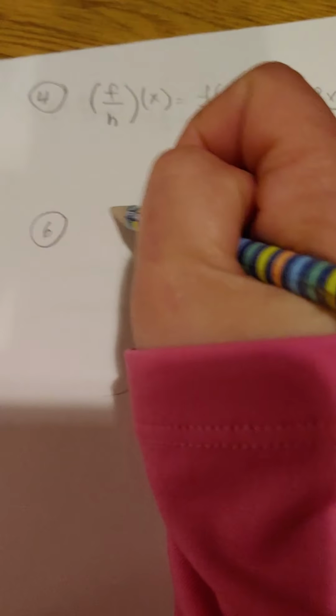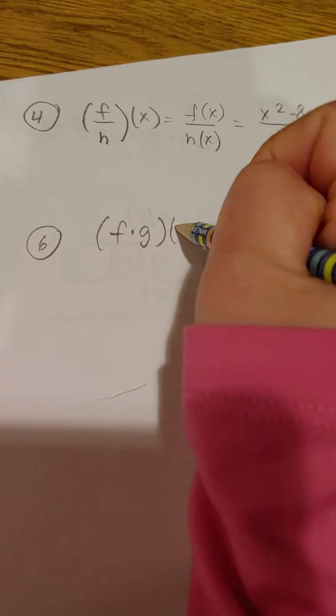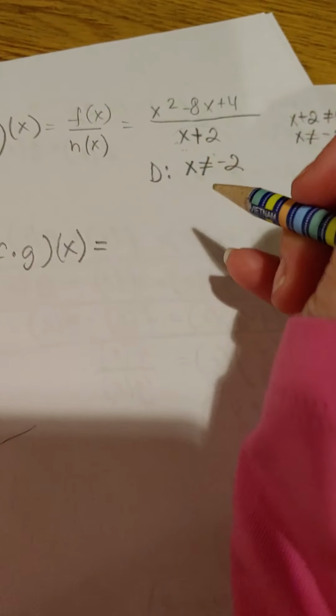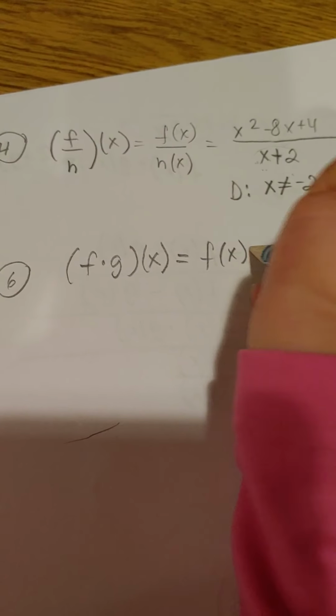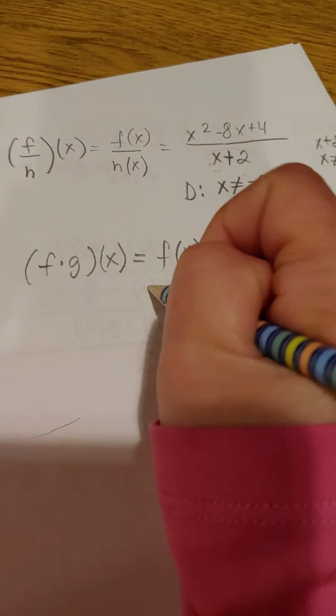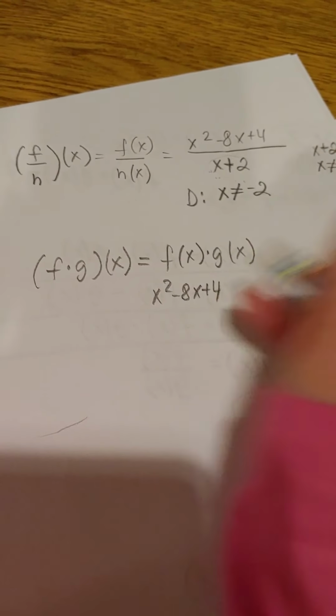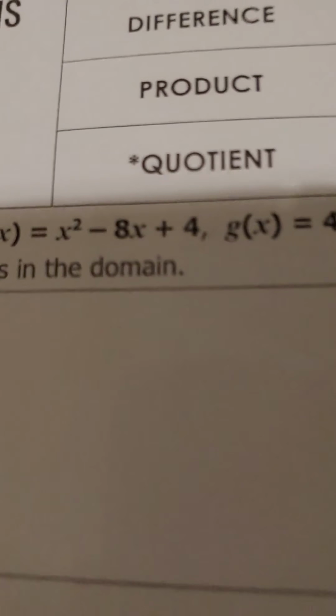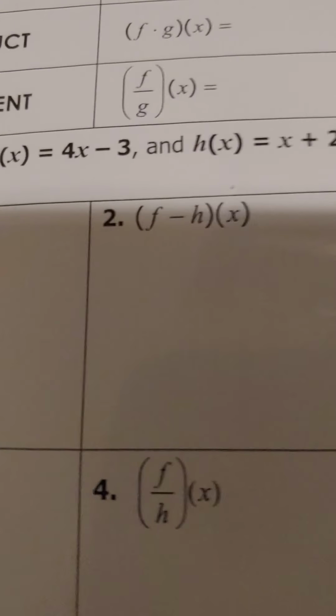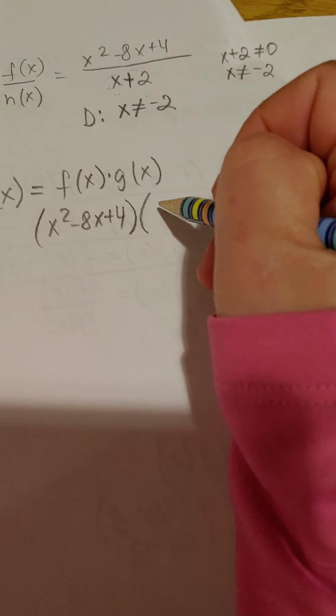So now I'm going to go over number 6. And then I'm going to finish my video with this. So f times g of x is the same thing as f of x times g of x. So my f of x is x squared minus 8x plus 4. How do I know? I see it right here. And my g of x is 4x minus 3. So I'm going to say I multiply by